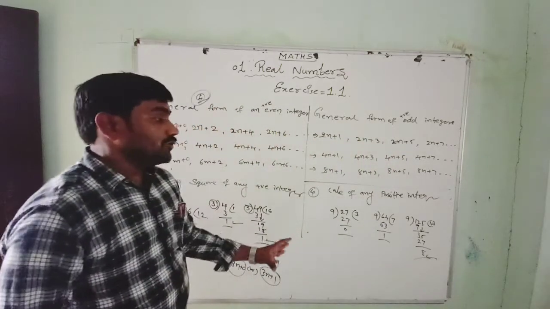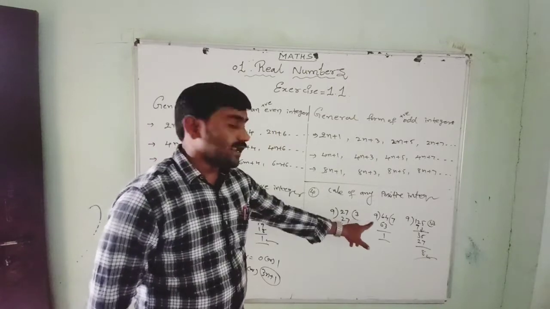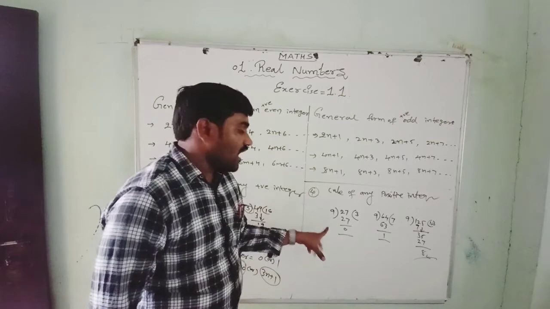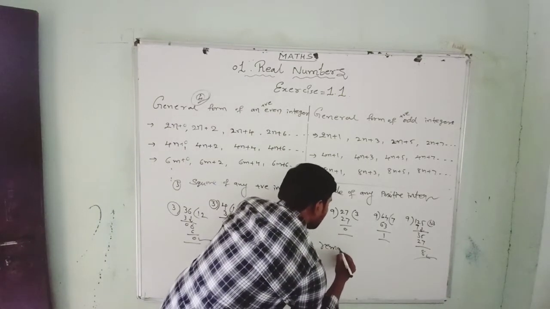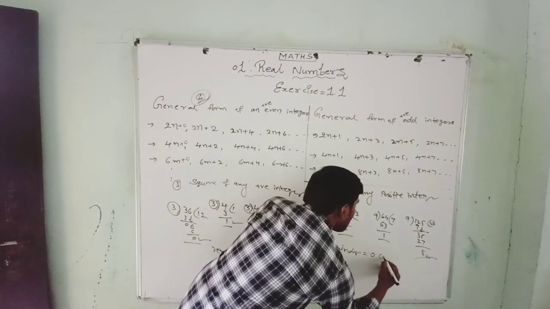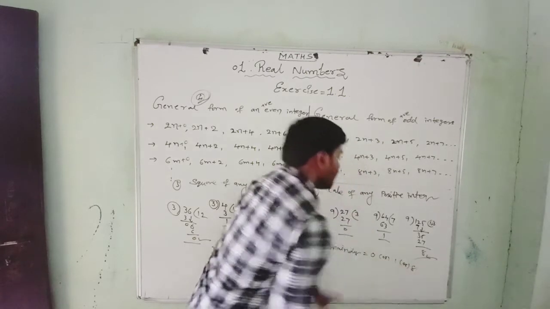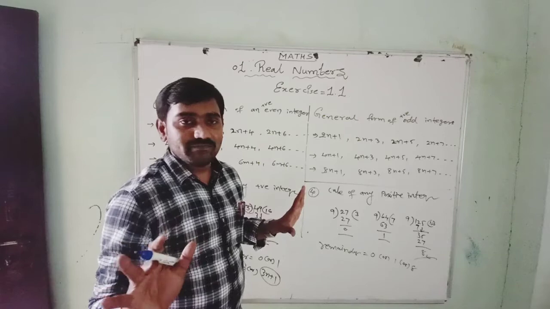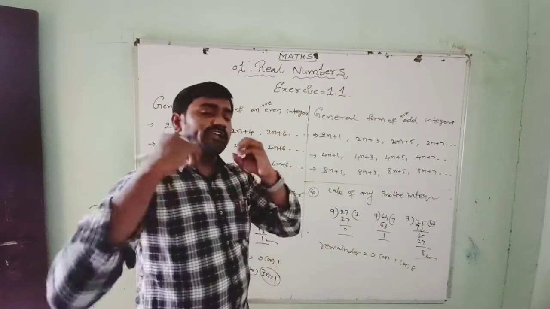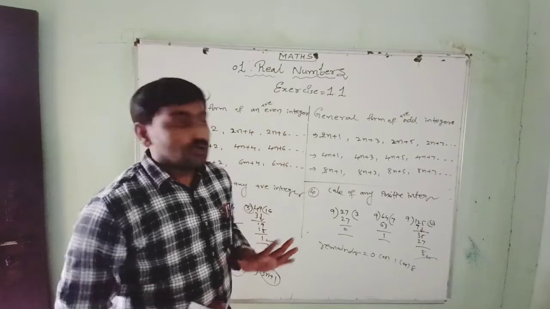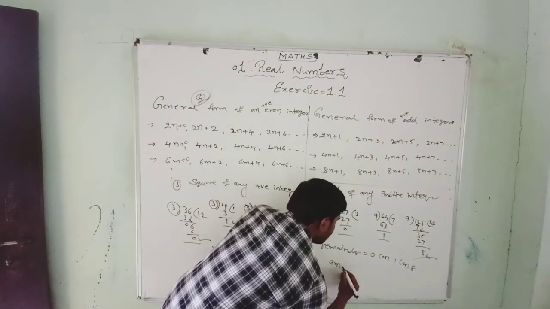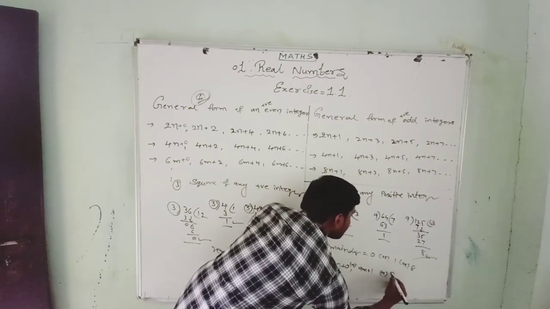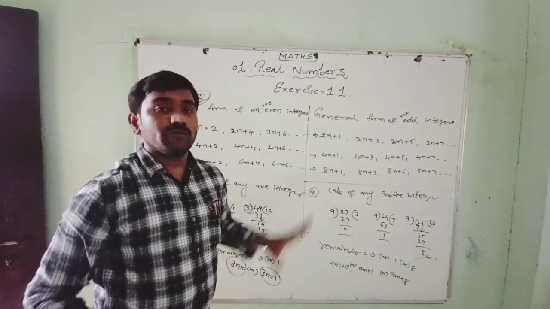So this is what happens. You take the cube of any number and divide by 9, it always gives the remainders either 0 or 1 or 8. Only these numbers will be given. No 2, 3, 4, 5, 6, 7. You will never get these. So cube of a number will be in the form of 9n plus 0 or 9n plus 1 or 9n plus 8.